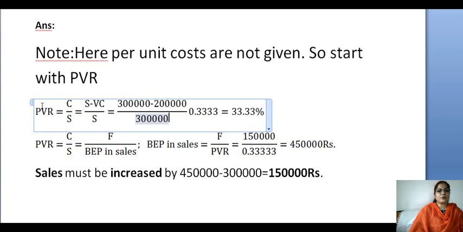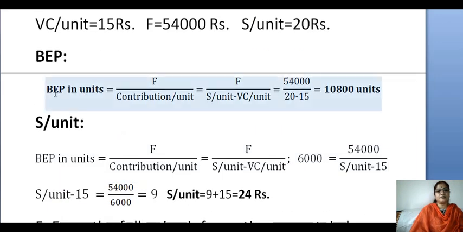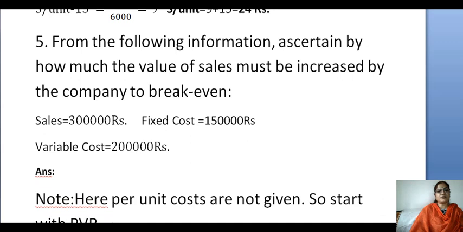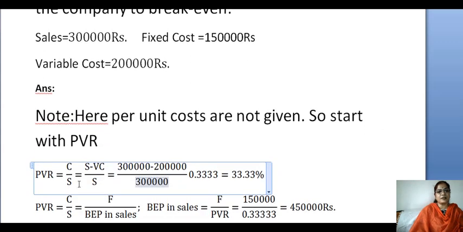Now, same formula, but you cannot use this in this way. BEP in units is equal to F by contribution per unit, but here we have no this kind of calculation. This formula we cannot use there in that problem. Reason is these values are absent, and here in total we cannot substitute, so this formula cannot be adopted. Then only left out is continuing with our usual mantra, but here the plus point of this formula is that here per unit calculation is also possible, total value calculation is also possible.